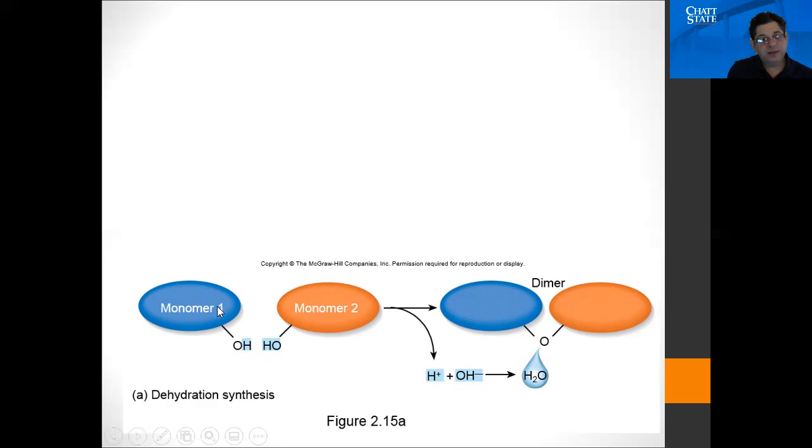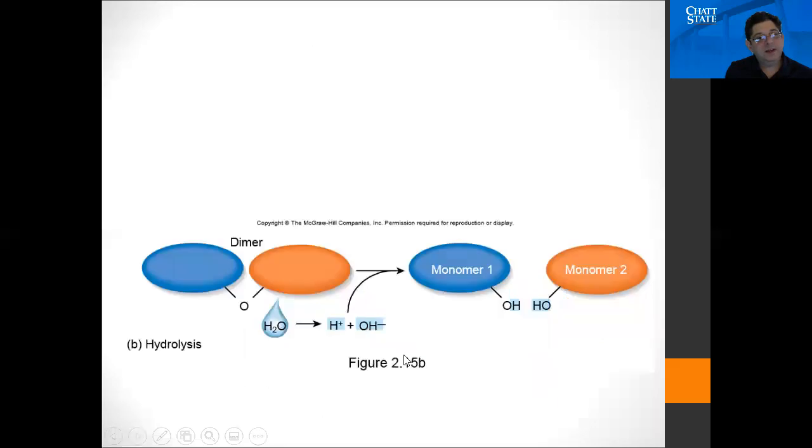So anyway, when we join things together, we lose that molecule of water. This pathway is dehydration synthesis. We're joining together to make one molecule. In the case of hydrolysis, we take a bigger molecule here and we break it down into the two monomers. That would be hydrolysis. So since this is a picture out of the book, imagine that word hydrolysis not being